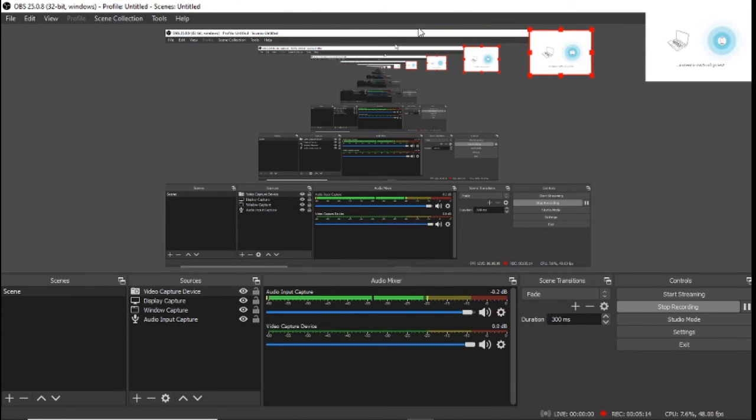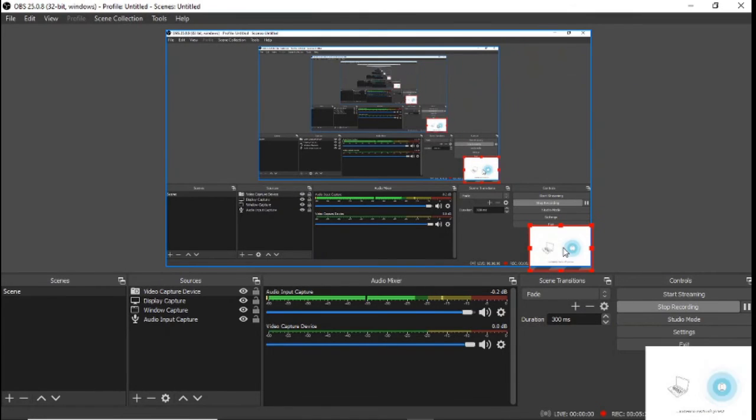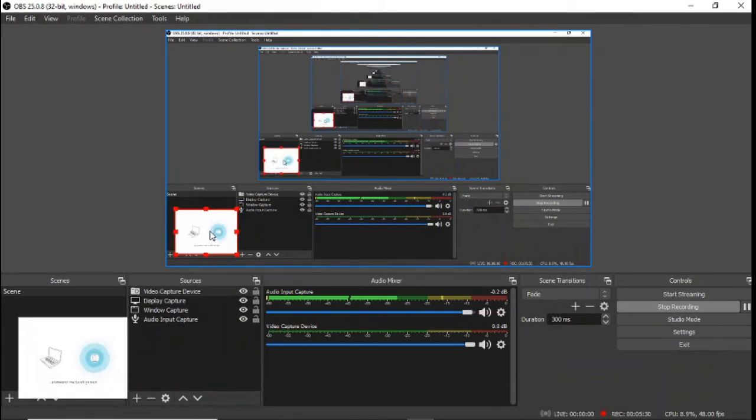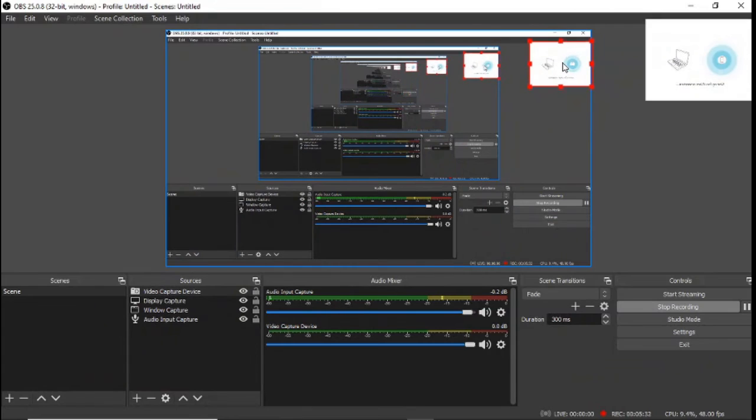Whatever is shown here will be your display or window which you are capturing or recording. So this is visible as I am capturing my OBS software window. Only this software window is visible here, and anywhere on the screen of that window, you can keep your video capture device. So after video capture device, we now shift to window capture.